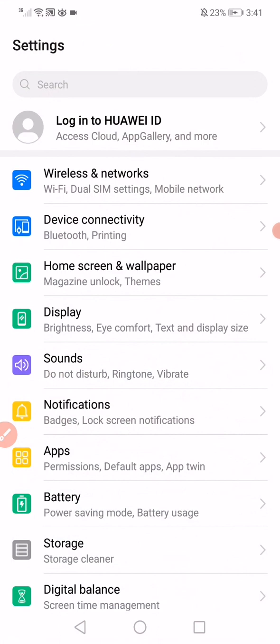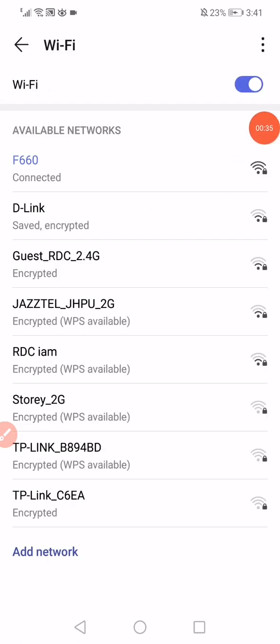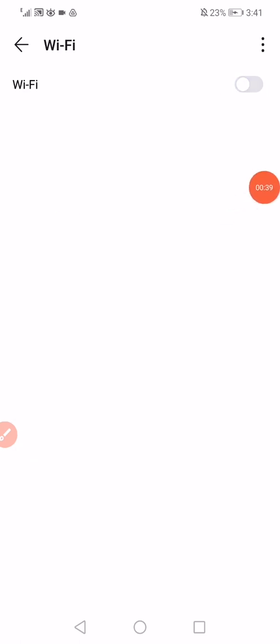First thing, click on wireless and network. It's the first option right here. After you click on it, it will take you into this page. So all you want to do here is go into the Wi-Fi. And now all you want to do is turn it off